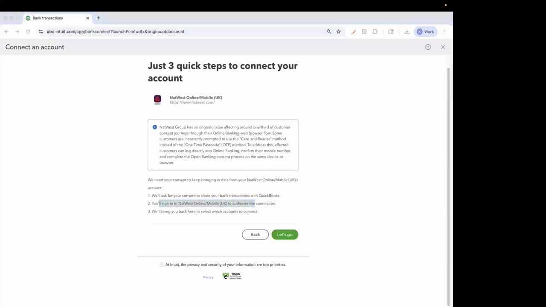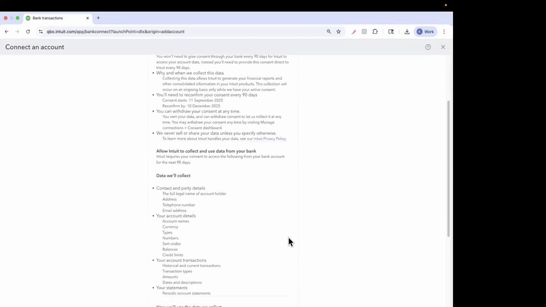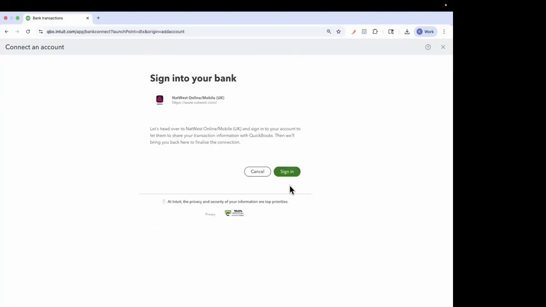So it is a read-only link, and it has got the same bank credentials to get that set up. You can't make any payments. It is just a read-only link. So there's nothing to worry about for that one. So once you click on Let's Go, you'll see the data that's going to be pulled in. Once you agree to that, it will take you to the NatWest account to sign in, where you can use your normal login details. I can't go any further because this is a demo file, but what I can do